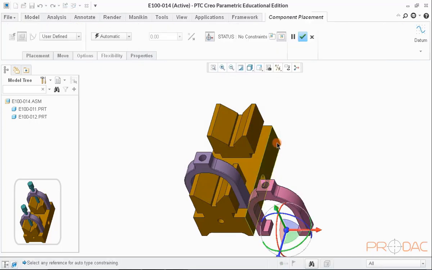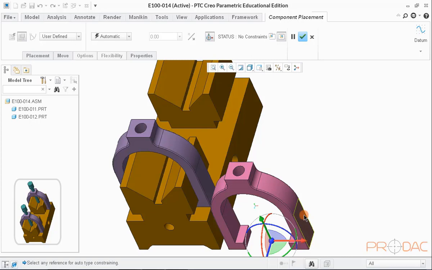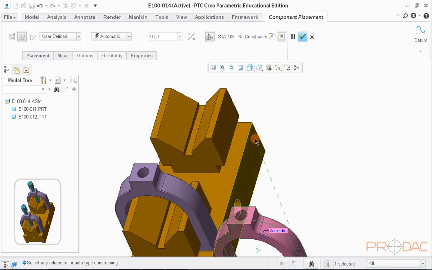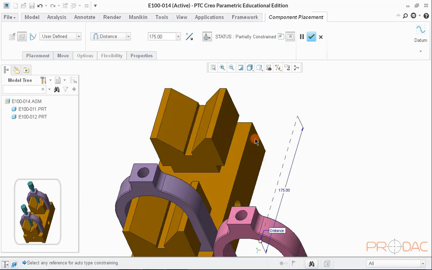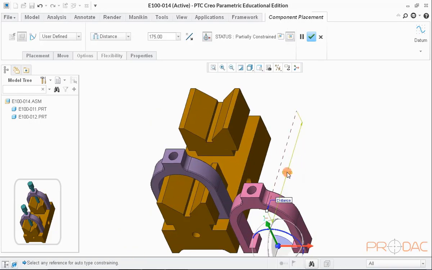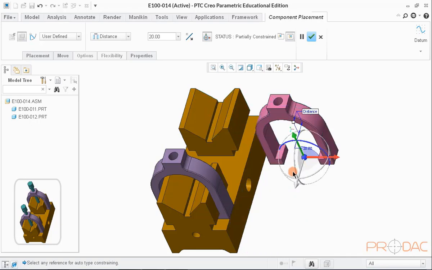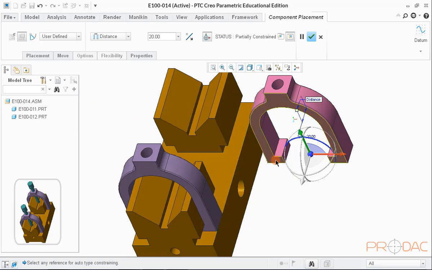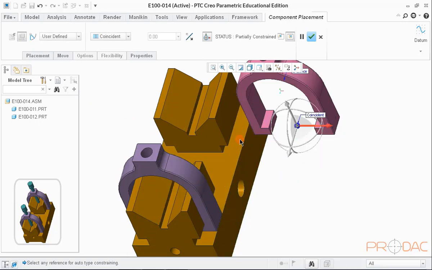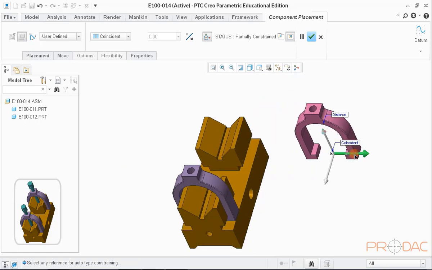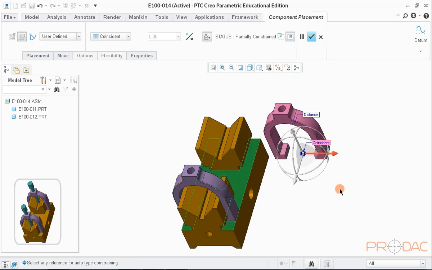For this part, mating conditions will remain same as what we used just now. First condition is surface to surface offset. Offset distance is 20 mm. Second is surface to surface coincident. And third condition is plane to plane coincident.